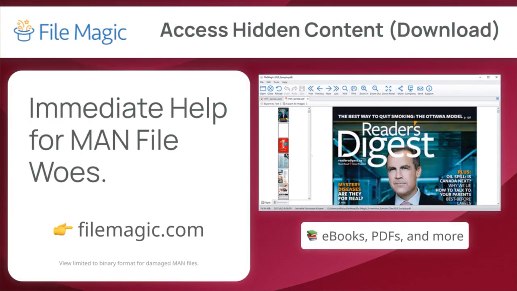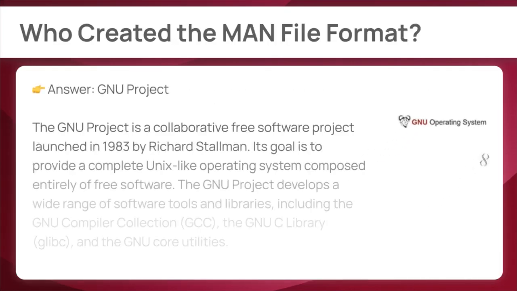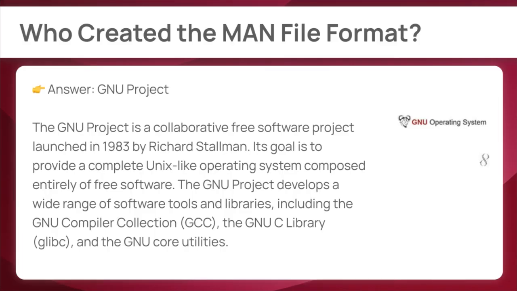Here's a quick preview. A MAN file serves a dual purpose. It represents both a Unix manual page and a manifest file. As a manual page, it provides documentation for commands, functions, and files within a Unix-like operating system. As a manifest, it can list the files and metadata associated with a software package or project, often used in